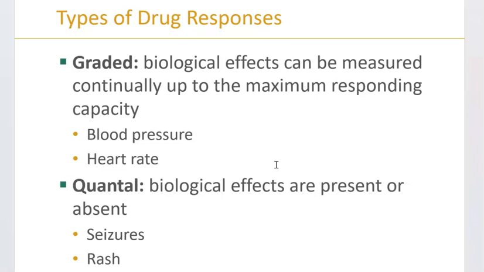They also talk about the example of seizures. Seizures are also considered to be a quantile response because we would give somebody an anti-seizure medicine and we'd want them to say, you either are having seizures or you're not. But it also could be somewhat graded because we could also say, well, yes, you had a seizure, but you used to have 10 a day, and now you're having 2 a week. So we would still say that we're getting a good response in what we want, even though we didn't get a yes or no change, but we did get a decrease in frequency.